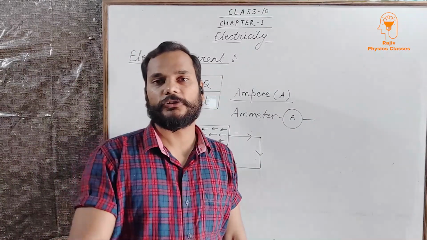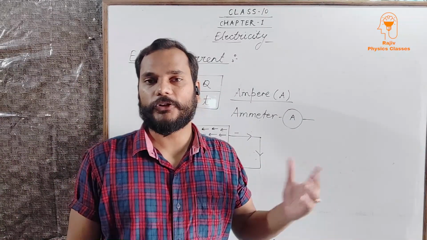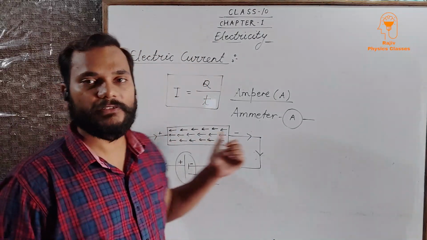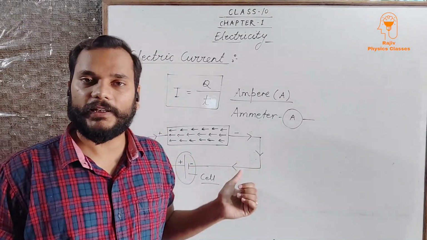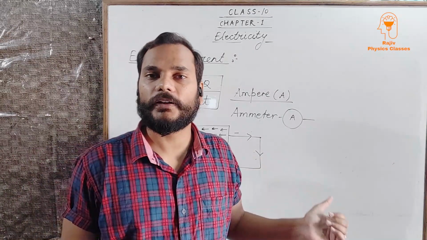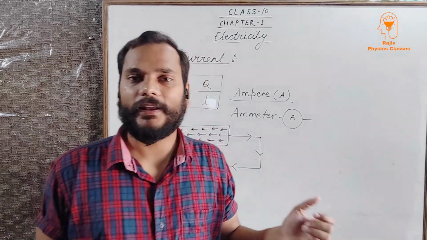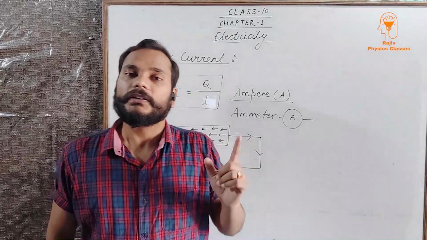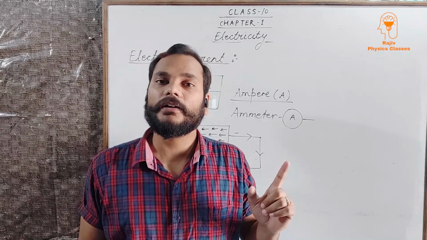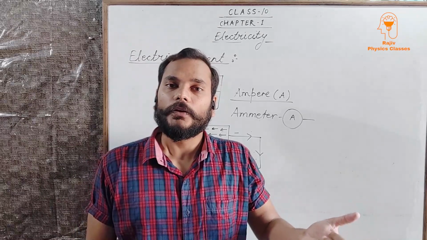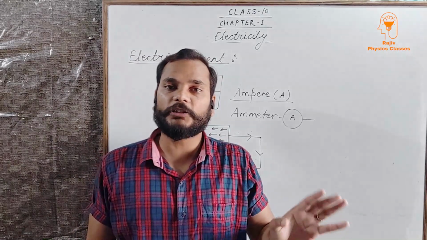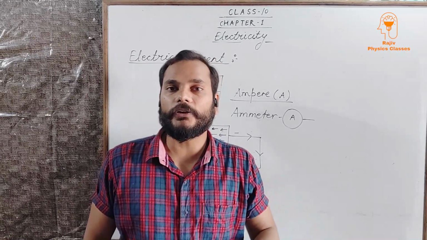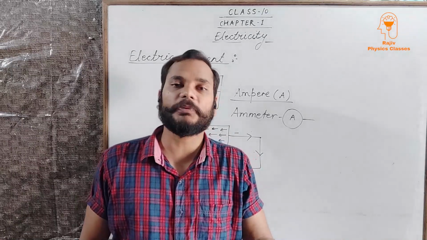And I'm leaving one question for you. Since I have told you that the direction of the electric current is always from positive to negative, it is a scalar quantity. Electric current is a scalar quantity. If you remember, in class 9 I taught you that scalar quantities are those which need only magnitude, not direction, to express, while vector quantities need magnitude as well as direction both to represent them.